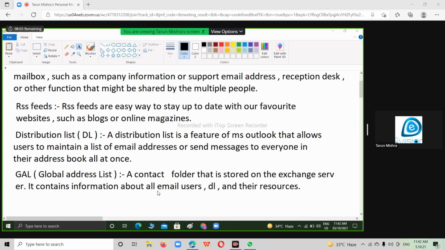By default, all the contacts and all the emails are saved in a GAL.